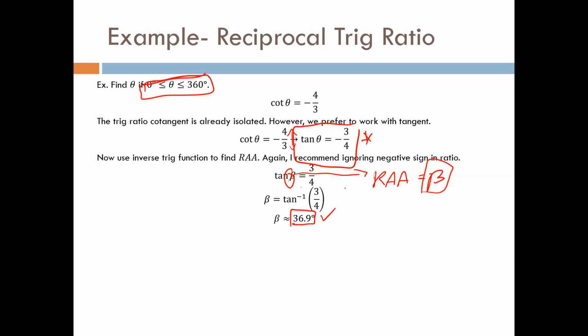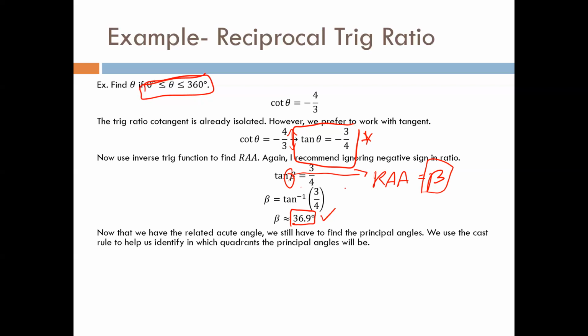Again, grab a calculator, just check that that's correct. I'm going to do that myself. So I'm going to take the tan inverse of 3/4. That ends up giving us 36.9. Yes, that's correct. So now that I know what the related acute angle is, we still have to figure out